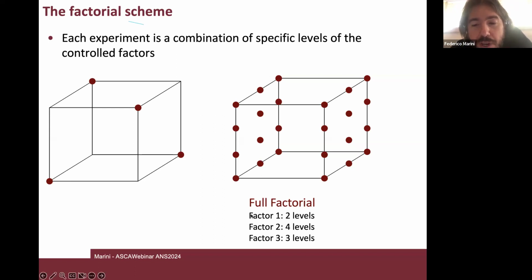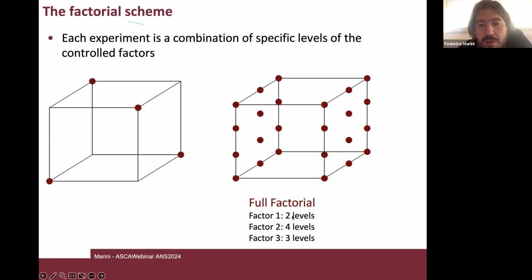Full factorial design means that I decide to control a certain number of factors. So factor 1 here could be the temperature at which I conduct the experiment. Factor 2 could be time. And factor 3 could be the concentration of one particular additive that I can be interested in controlling. And if I am assuming that all the experiments that I will conduct will involve only two possible values of factor 1,